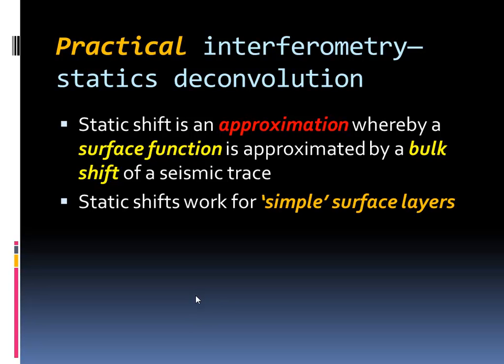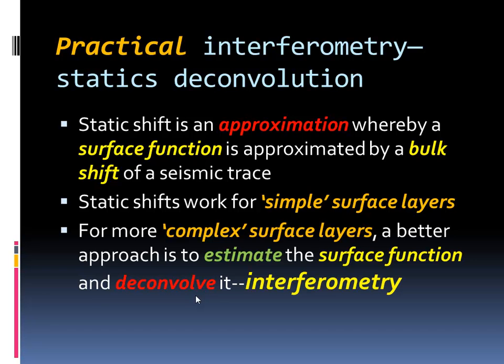particular surface location. Static shifts work for relatively simple surface layers, but for more complex surface layers, what we need to do is to estimate the surface function and deconvolve it. In other words, apply interferometry. Now, you can do this even if you still cling to the surface consistency notion. So the interferometry and the getting away from the surface consistency, those are two different concepts that are combined in this current technique that I'm